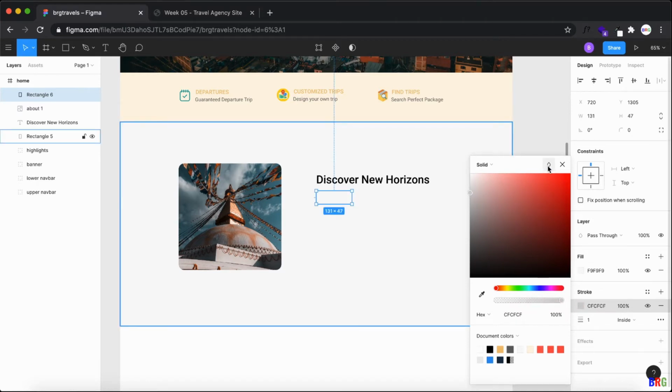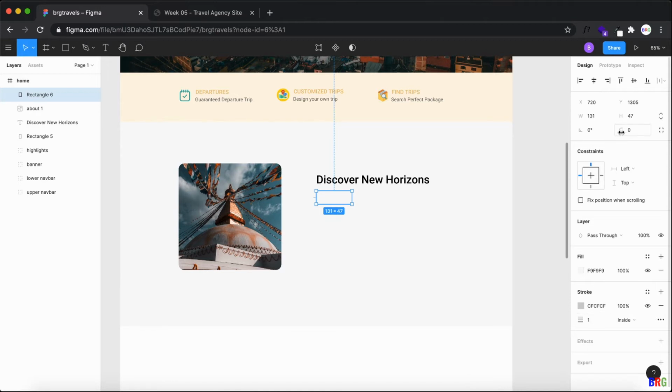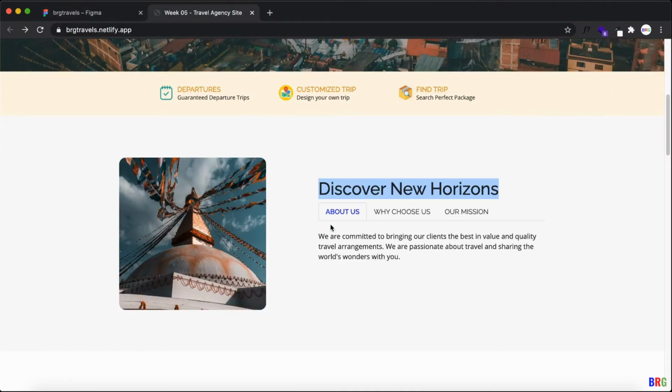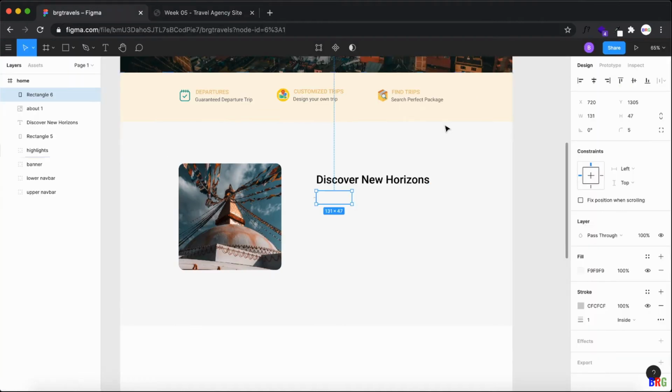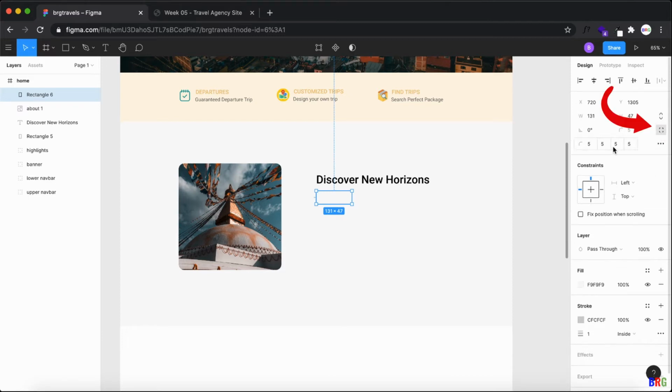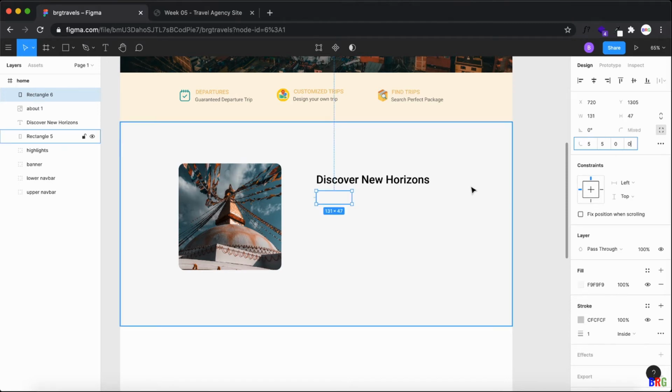Okay, and then some, yeah, and as you see, I have only top left and top right as border. So let me give only top left and top right as border. To do this, just click on this part, independent corners, and top left, top right, and bottom left and bottom right is 0. Then you get this effect.